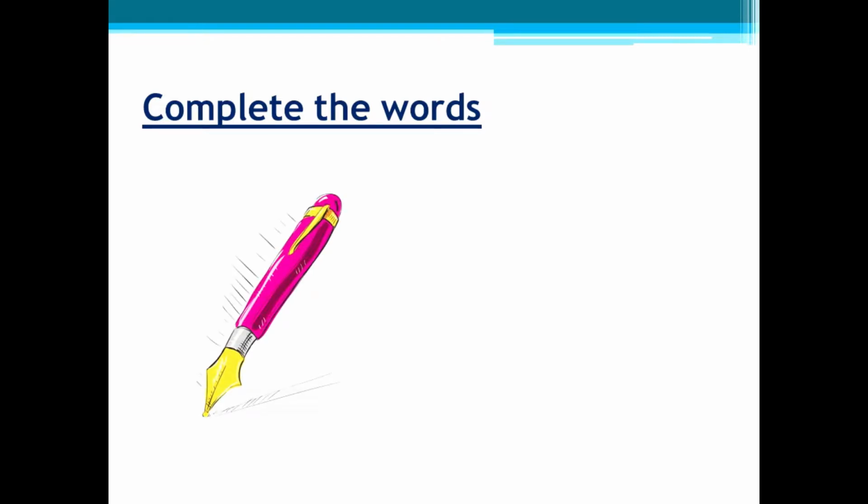Oh, what is this? It is a pen. Now what are the sounds which we hear when we utter the word pen? It is p, a, n. So now what you have to do? You have to relate the phonic sound with the letter of that particular sound and write it. Okay. So what is P? P means P. A is not written and N means N. So which letter represents the sound A? Yes, E. Very good, children. So it is P, E, N, pen.